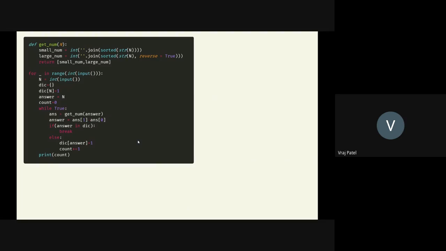So the first question was this. You are given a number, of size less than or equal to 10 power 7. These are the operations that you have to do in each iteration. First, rearrange the digits to find the largest number. Let us consider this example, 1 2 3 4 0 5. The largest number possible is 5 4 3 2 1 0.